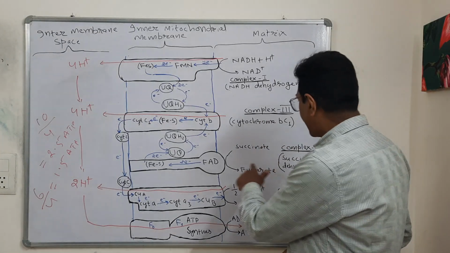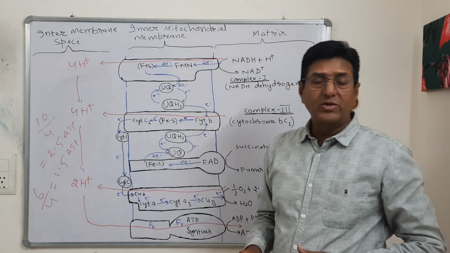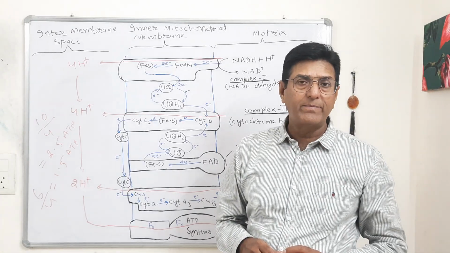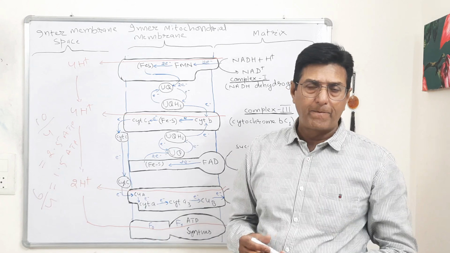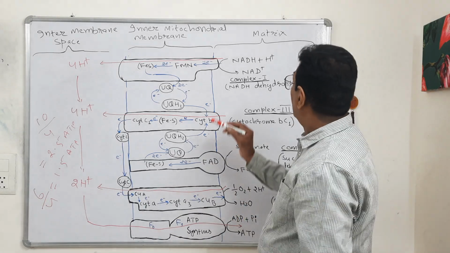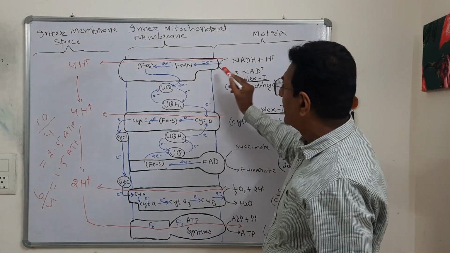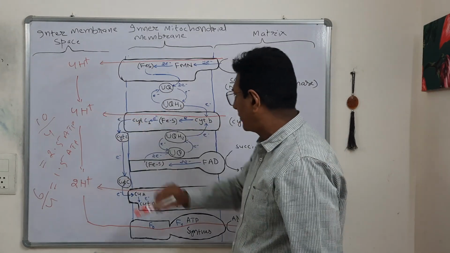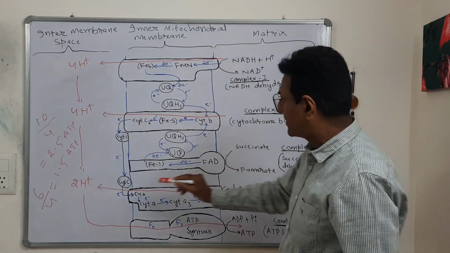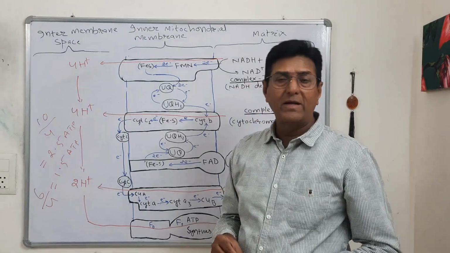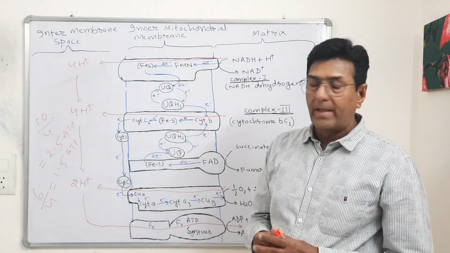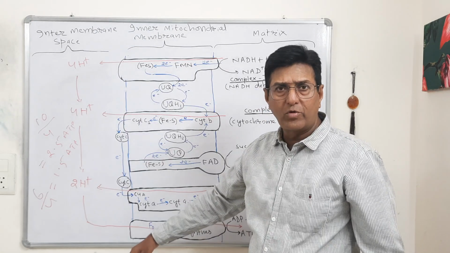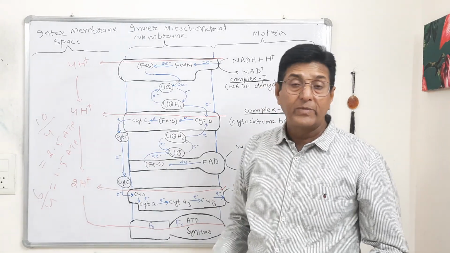But complex second does not work as a proton pump because it does not contain a transmembrane protein or proton channel. Complex first transfers 4 protons, complex third transfers 4 protons, and complex fourth transfers 2 protons while electrons are transferred. And when the proton gradient is developed, a higher concentration of protons occurs in the intermembrane space, then